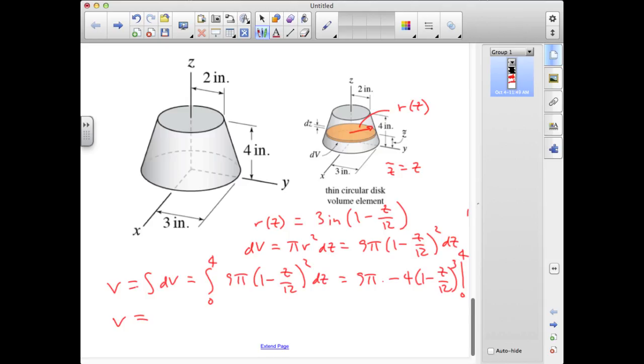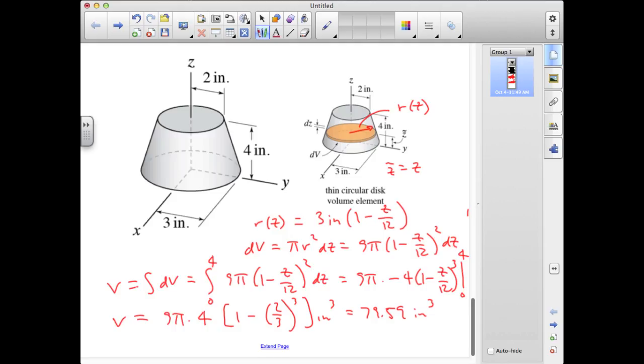And that gives us a value for the volume that's 9 pi times 4 quantity 1 minus 2/3 cubed, inches cubed. And that turns out to again be 79.59 inches cubed,